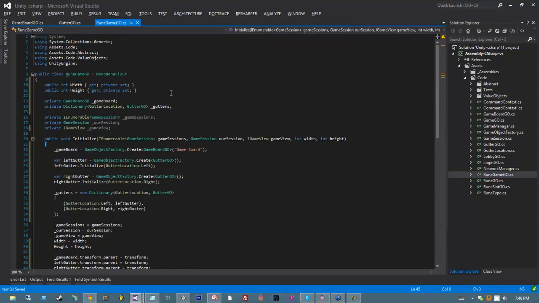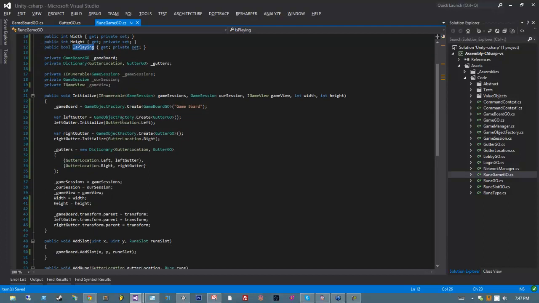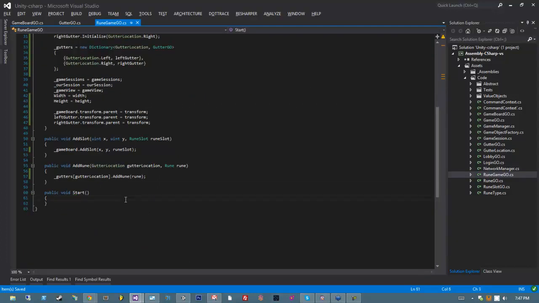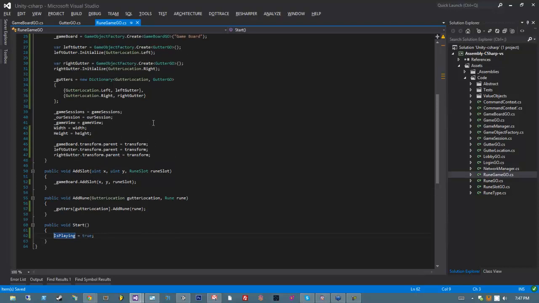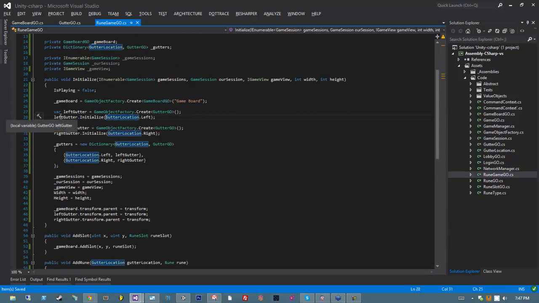The next thing I want to do is create a public boolean is playing. When we initialize the game, is playing is set to false, and then when we hit start, it is set to true. This boolean is going to be used by our other children game objects to know if they should accept user input. Which means that I'm going to have to add a reference to the rune game object to our gutters, as well as our game board, and as well as our